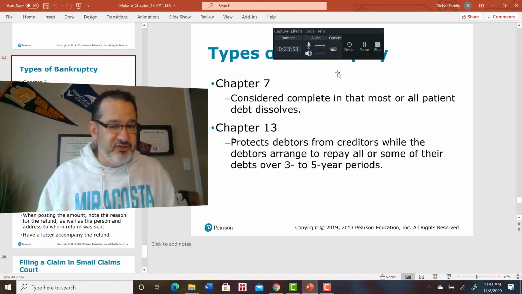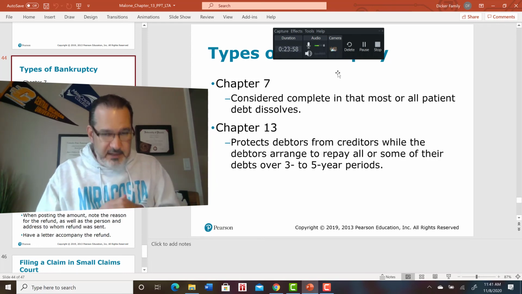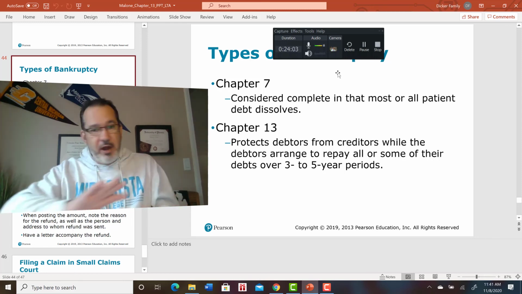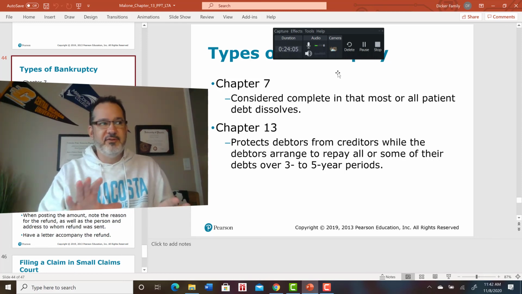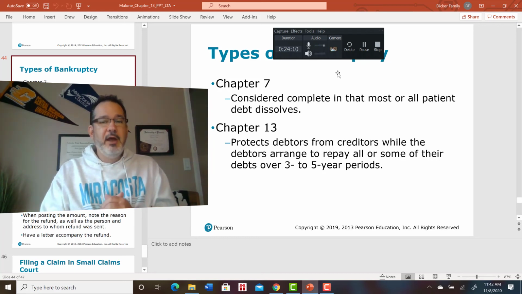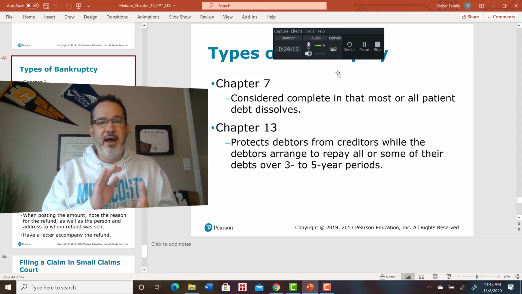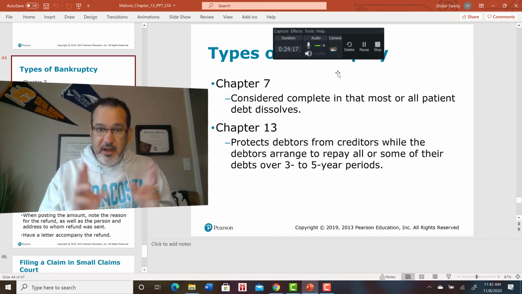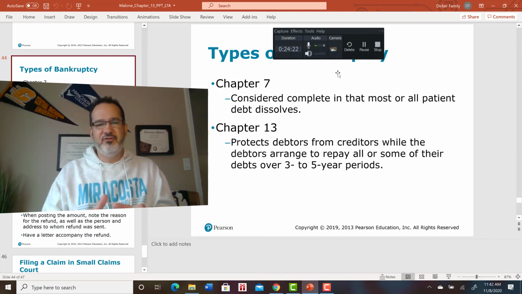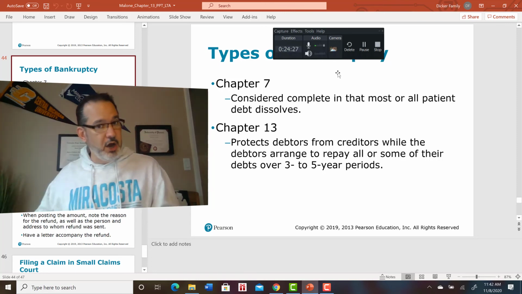Then there's Chapter 13, and this depends on how much money you make. So Chapter 13 is a restructuring of debt. The court is not going to allow you to write off all your debt and you don't owe anybody anything. They're going to restructure your debt. So the way that works is federally, if you make $65,000 or more a year, you cannot file for Chapter 7. You have to file Chapter 13, which means you are going to be liable for paying something back to everybody you owe.